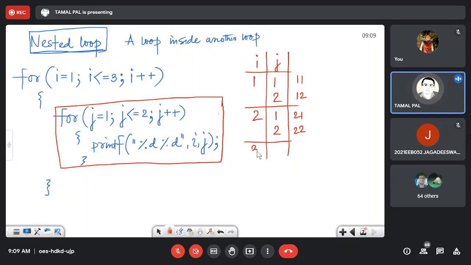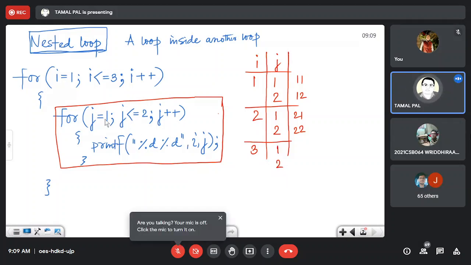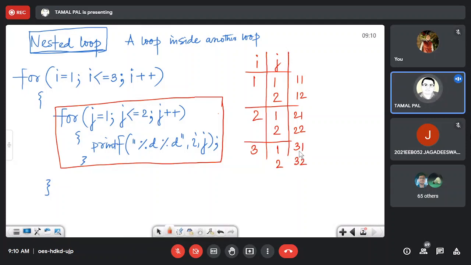And when I becomes 3, j becomes 1 and 2, because this loop is being initialized from 1 and it runs up to 2. So it is 3 1 and 3 2. So these are the outputs we should get from this line. Okay.